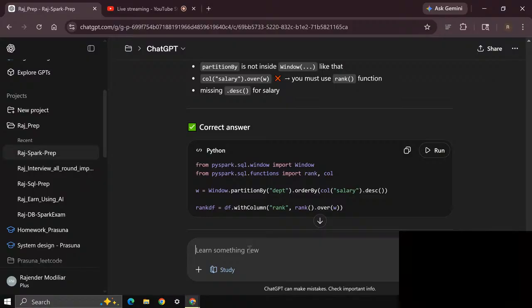From pyspark dot sql dot window import Window, from pyspark dot sql dot functions import dense_rank, comma, col. The column operation I need to import, and then